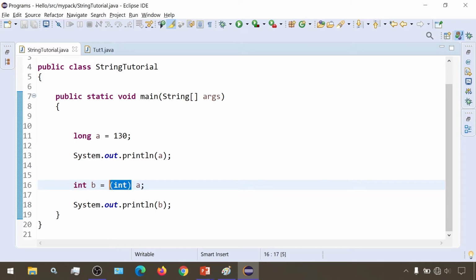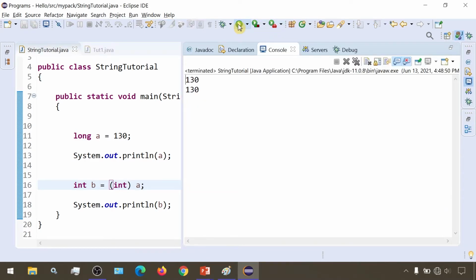If the data types are not matching, if I remove this, it will check the data type of a and b. Since a is of type long and b is of type int, it knows that long cannot be converted into int, so it will just throw us an error. It won't even bother checking the values. So we need to explicitly specify here. If I make it int here and run this, then we will get proper output.